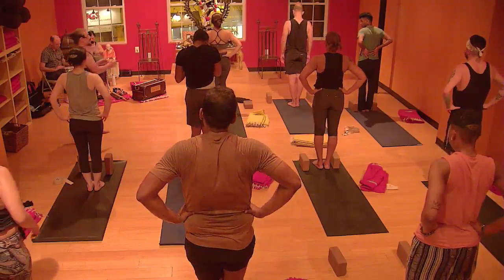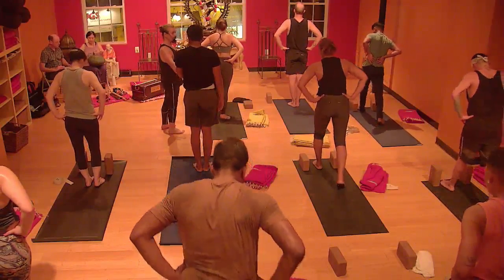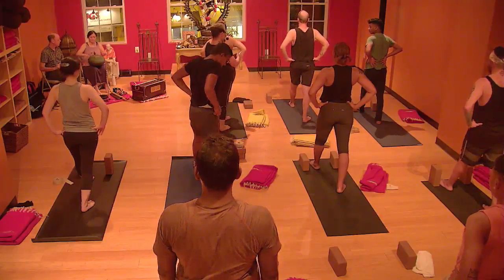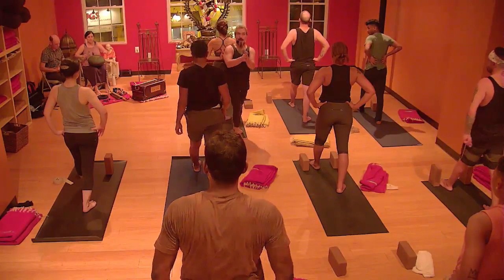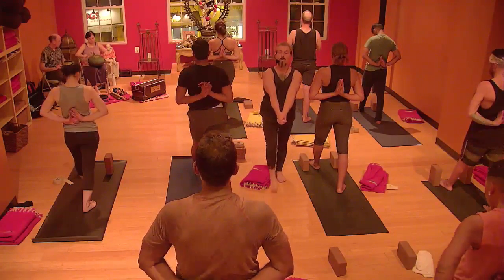Soften your knees. Step your right foot back, straight back, about 2.5 to 3 feet. Keeping the hips and the shoulders squared off toward the windows. So you don't want to twist the trunk, or it's going to make it harder to come into Warrior 3. Then take your hands behind your back in a secret prayer, knuckles to knuckles, or you can hold onto the